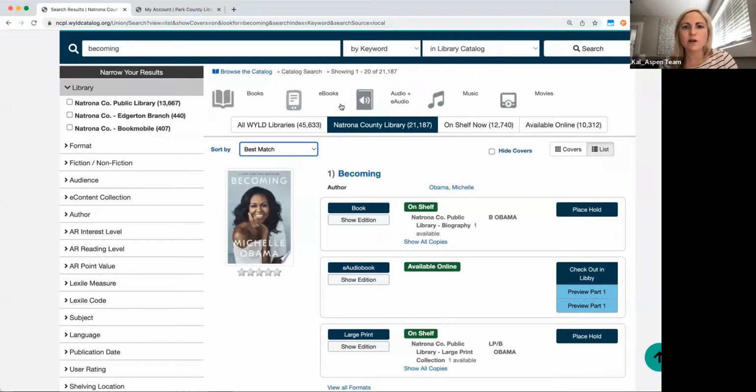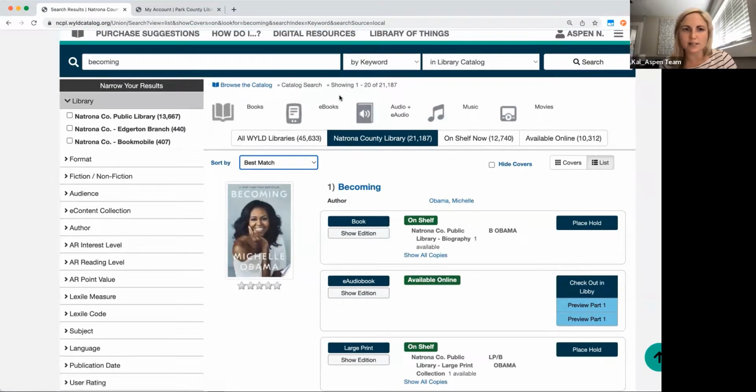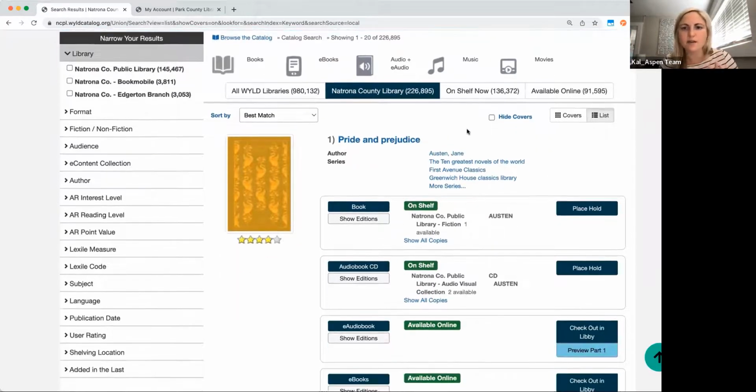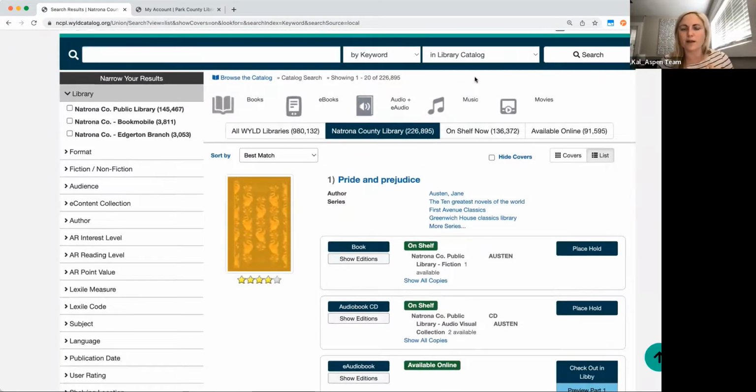With that, we also have some facets along the top, or icons along the top, to help folks narrow down the type of item they want to consume, basically, or the type of content and how they want to consume it. So let me just do a blank search, which I love that you can do in Aspen. This is going to default down to everything that's available in my catalog. So I can see everything at all WYLD libraries that I have access to.